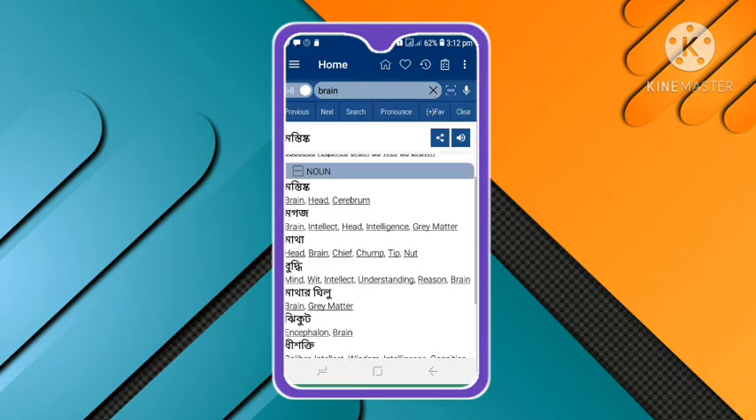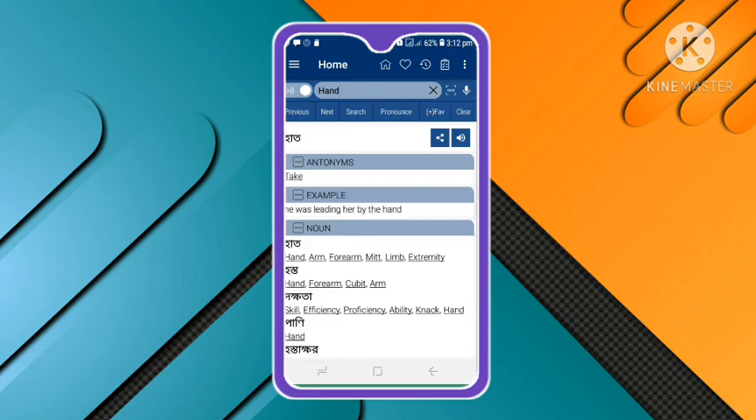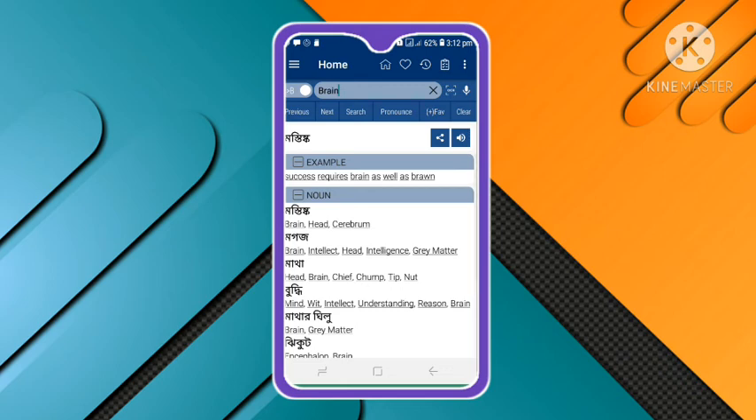By searching you can get its verb form, adjective form and another form of the word, and you can also search with voice command when you are in internet connection, and you can also use this app shortly on another